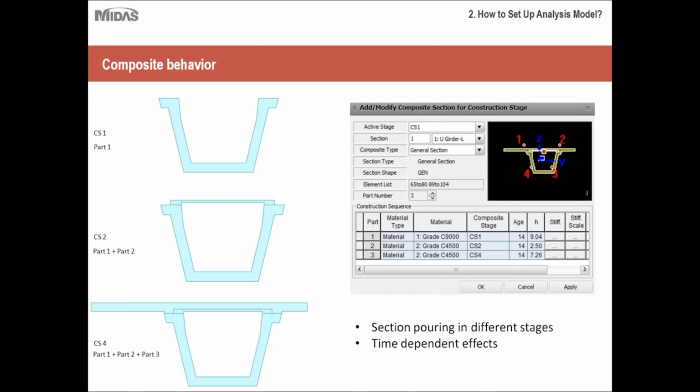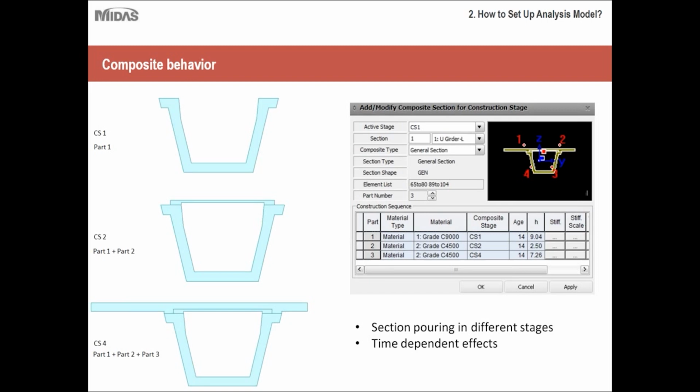Then the second challenge was capturing the composite behavior of the section. Like I said, in the first construction stage, let's say it is just the U-girder. In the second, it is the U-girder plus the lid on top. And the third or the fourth construction stage, depending upon your construction sequence and post-tensioning of the structure, you can have different construction stages. It could be third, fourth, or fifth. And at that point, when you have poured the deck on top, the structure will become a composite section. So you must consider this composite behavior, and for that